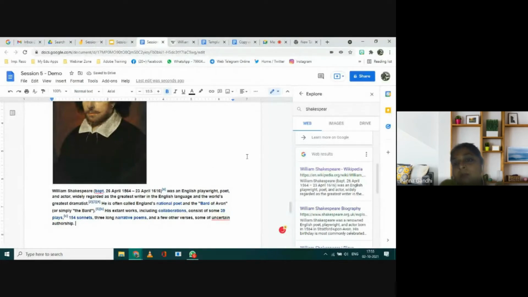Now, nowadays as teachers, I think it is our important duty to teach our students that whenever we copy anything from the web, from any browser or from the internet, we should always cite it. So how can we do that? If you go on these three dots and click on that, you have the citation option called change citation format. You have three options: MLA, APA, and Chicago. So directly from your explore button only, you can click on MLA, and here if you click on these inverted commas,